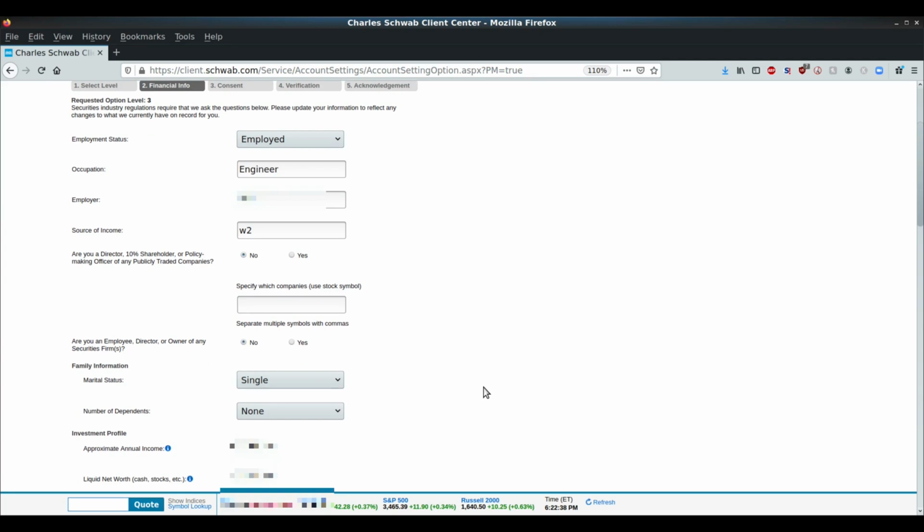All right, we filled a lot of this stuff in here, and I kind of just blanked some of it out because it's kind of personal, so we won't really display that, but I've filled all this stuff out. This is pretty much all the standard stuff that any broker asks you, and that's part of the Patriot Act, I believe, so it's kind of required. You know, giving up your freedom for information.